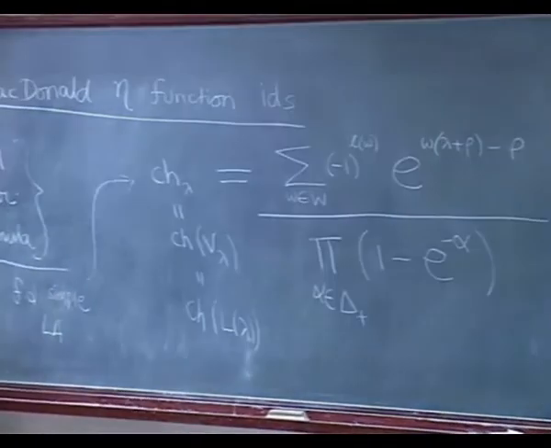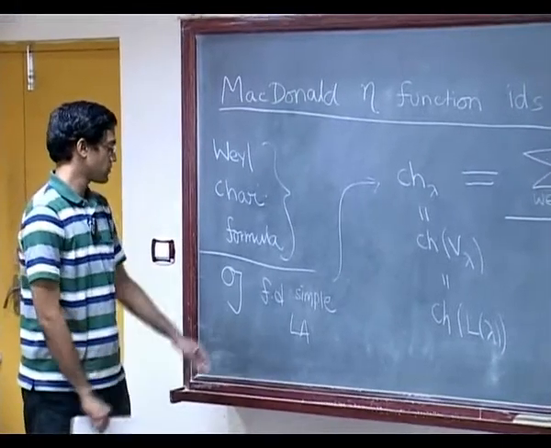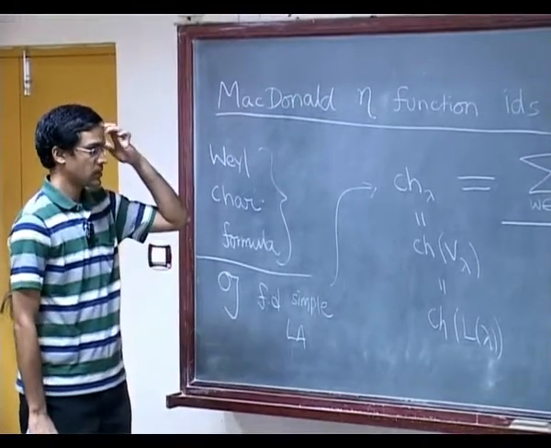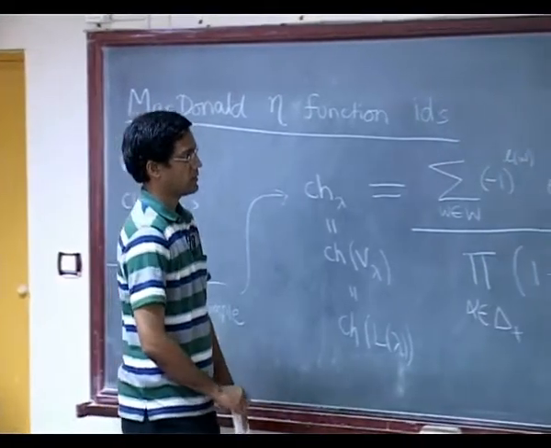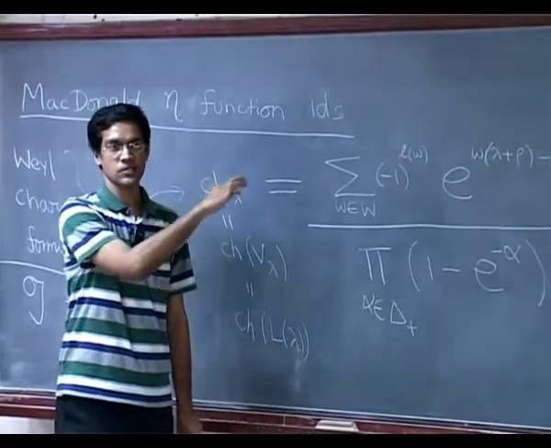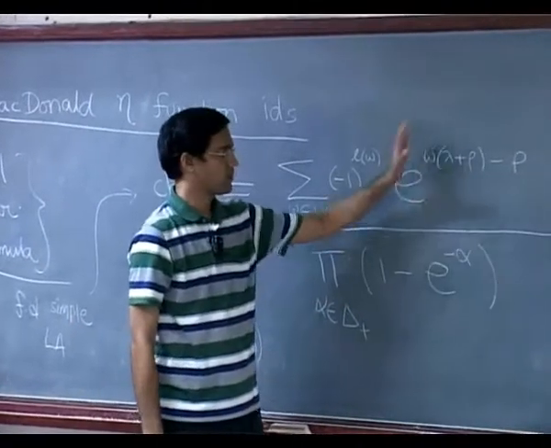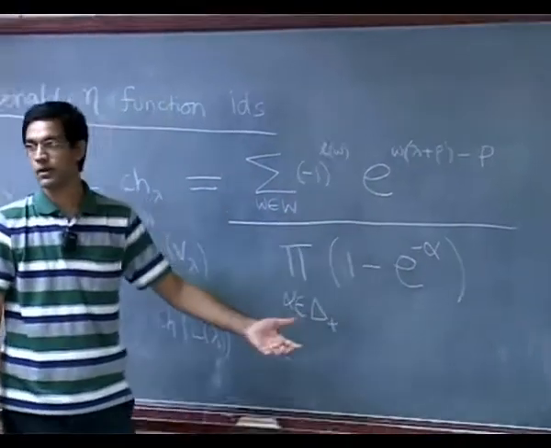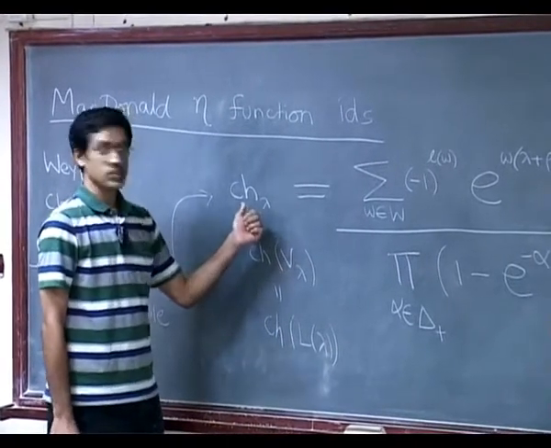where the denominator runs over all the positive roots. So, delta plus is now the set of positive roots of this Lie algebra. Okay. So, that was the Weyl character formula, and again these formal exponentials. So, the natural question is, where does this live? What are all these objects? Where does the final answer belong? And independently, what does the left hand side mean?